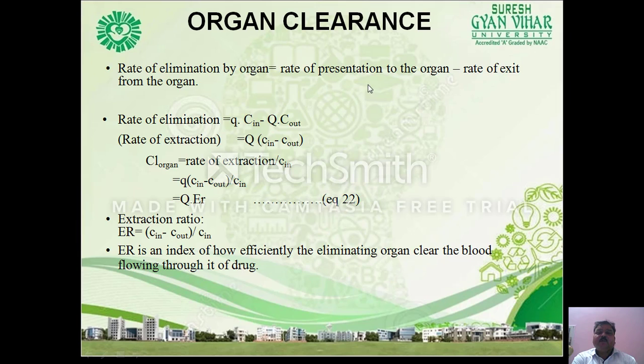Organ clearance. The rate of elimination by an organ is equal to the rate of presentation to the organ minus the rate of exit from the organ. Rate of elimination is equal to Q into C in minus Q into C out. So the rate of extraction is equal to Q into (C in minus C out). So clearance of the organ is equal to the rate of extraction divided by C in, meaning how much is getting in. This is known as the extraction ratio, which is how efficiently the eliminating organ clears the blood flowing through it if the drug